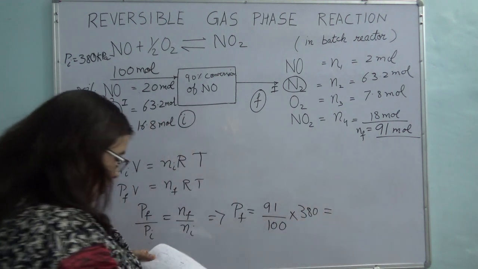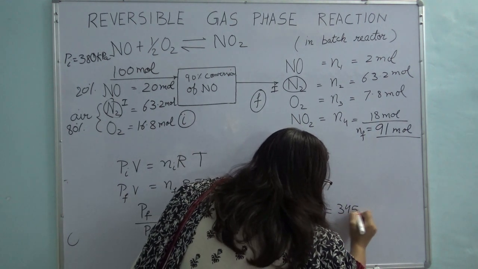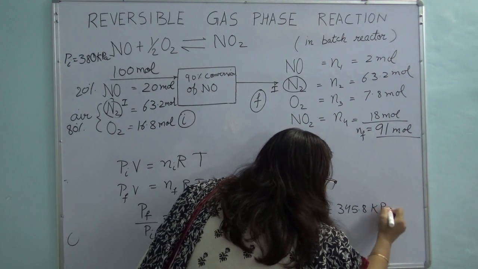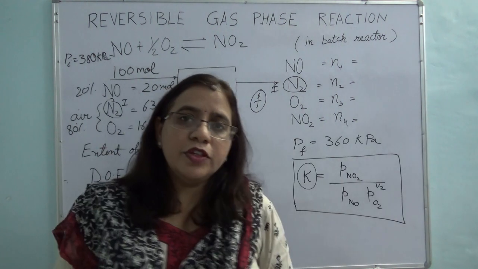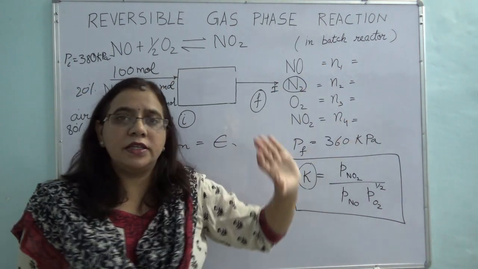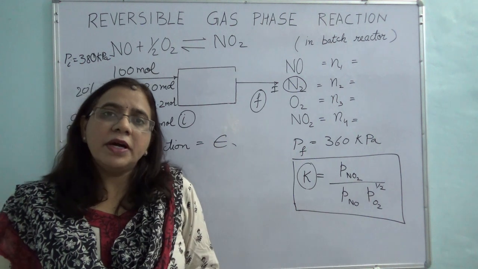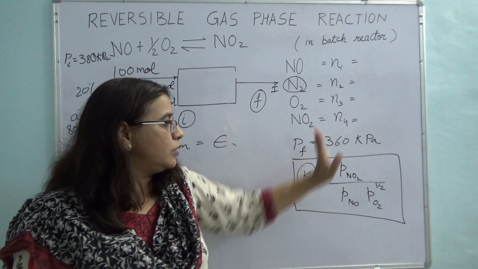Okay, so your final pressure then is 345.8 kilopascals. Okay, so first part of the problem we are done. In the first part of the problem, we were asked to calculate what was the final pressure. Now, second part of the problem, it gives you the final pressure and it asks you to calculate what will